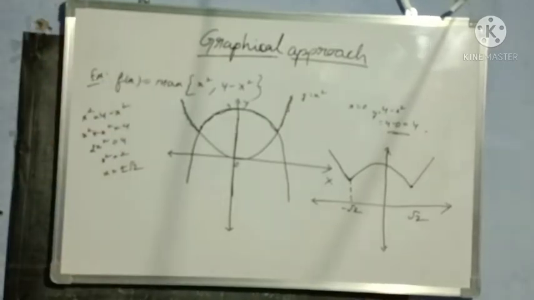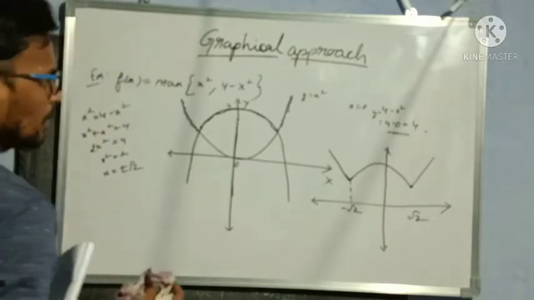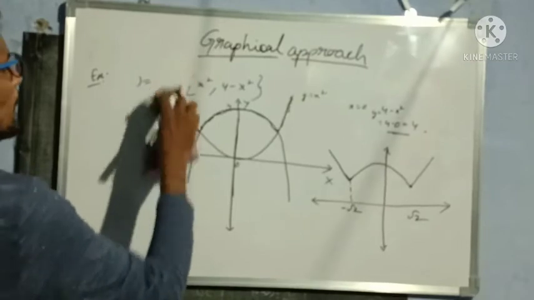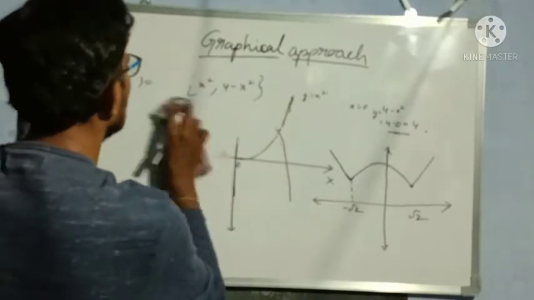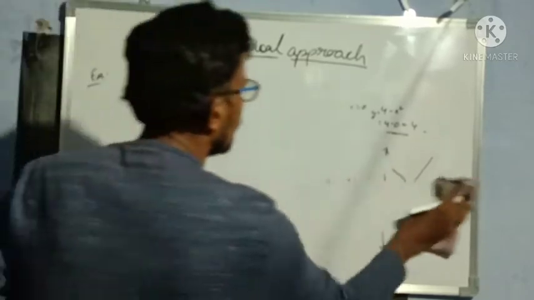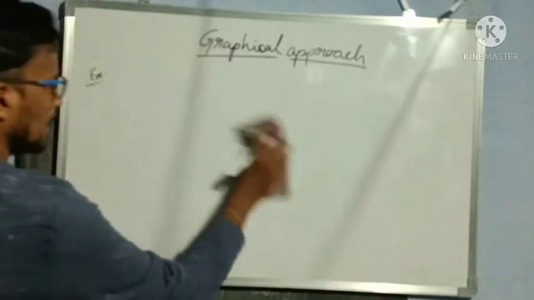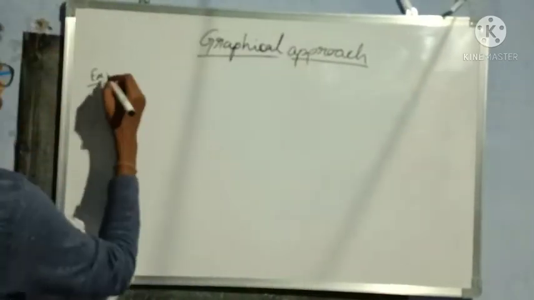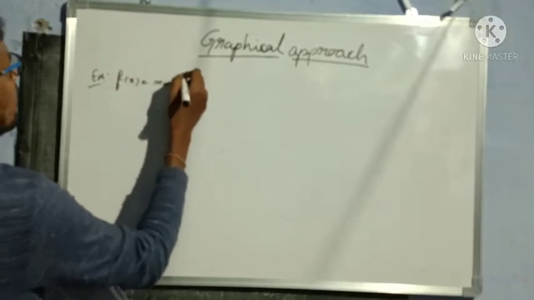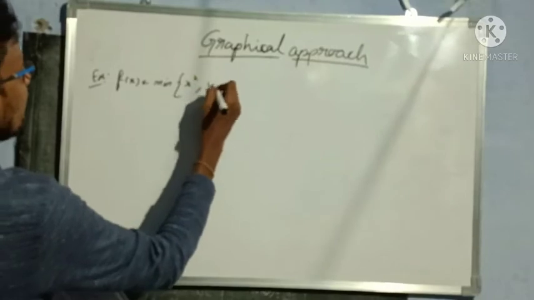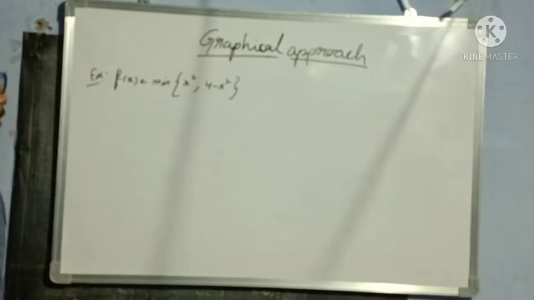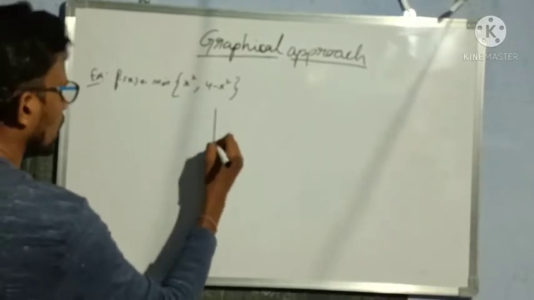Understood? This is how we need to find out maximum value. Clear? In the same way, let us find out minimum value of the same graph. Okay? So I will draw the graph again. Now let us change this value as minimum. How to find out minimum? Is at least minimum differentiable or not? Let us see. So same, f of x is equal to, now I have to take minimum of x square comma 4 minus x square. How to find out whether this graph is differentiable or not? Same graph I am drawing again.